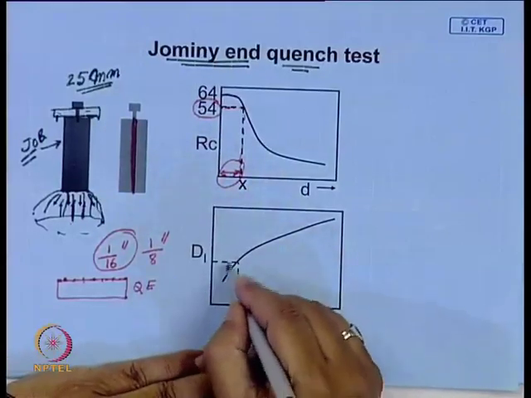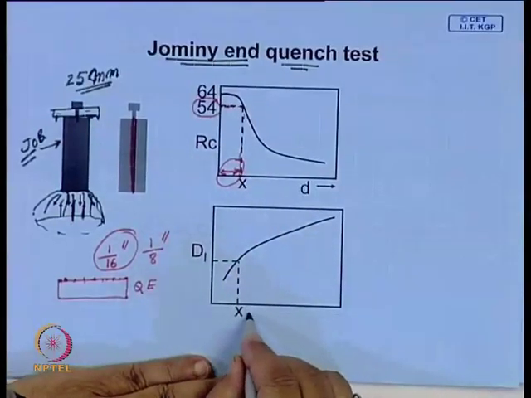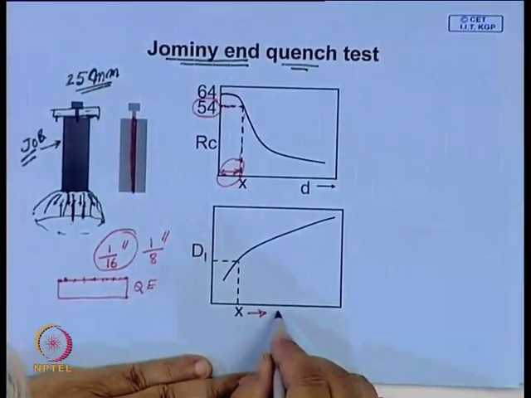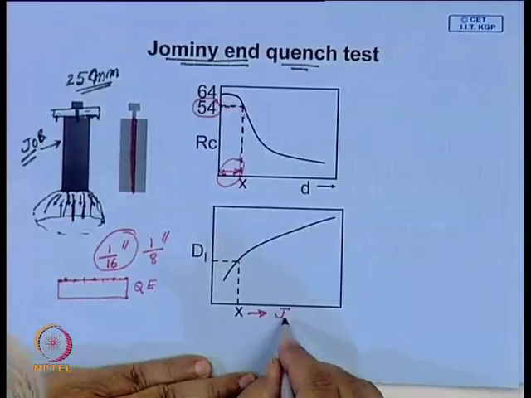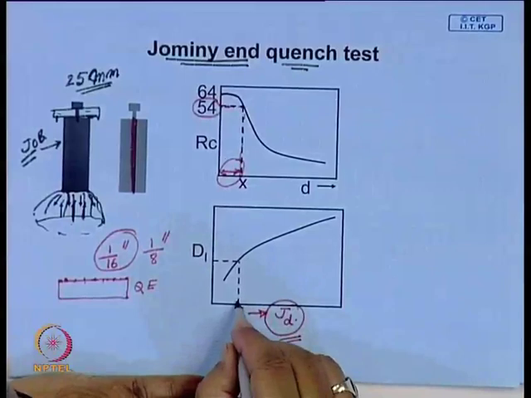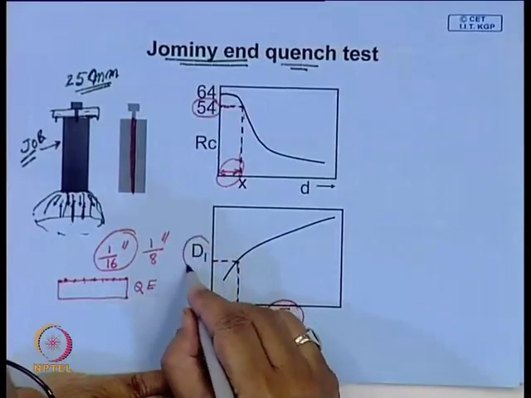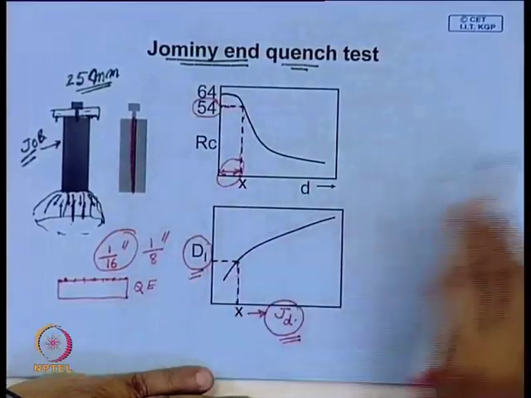So, one such graph is here, and what you do, look at this is a graph, this is the Jominy hardness depth which you have measured, and look up this chart, and this chart will give you the ideal critical diameter. So, therefore, what we do here,